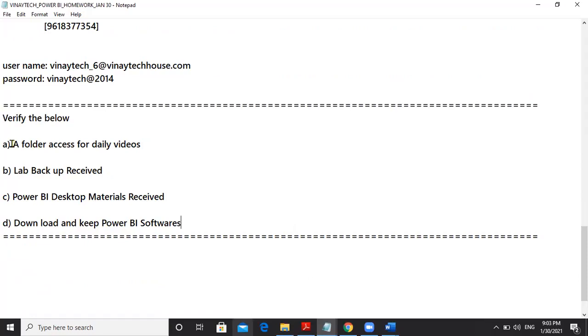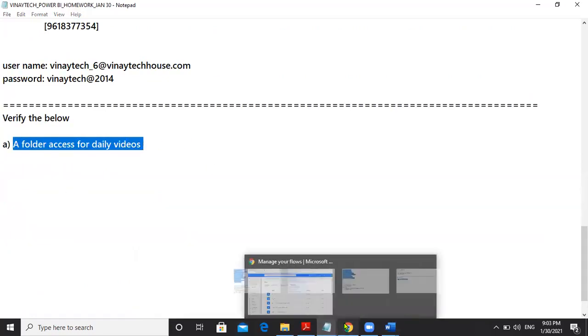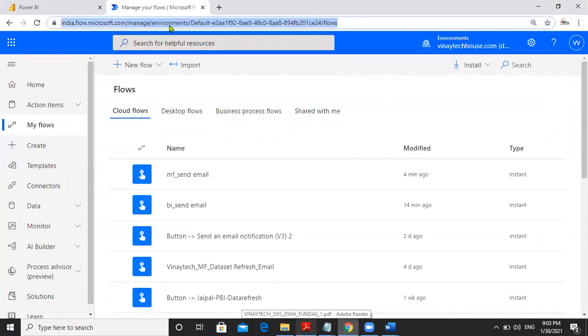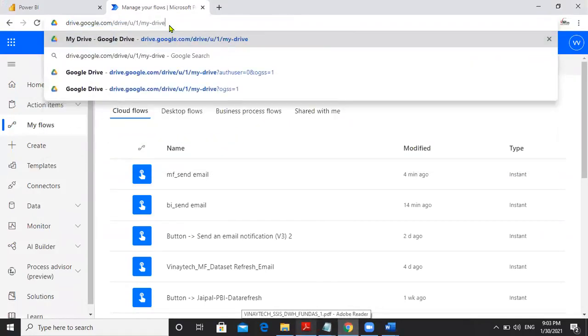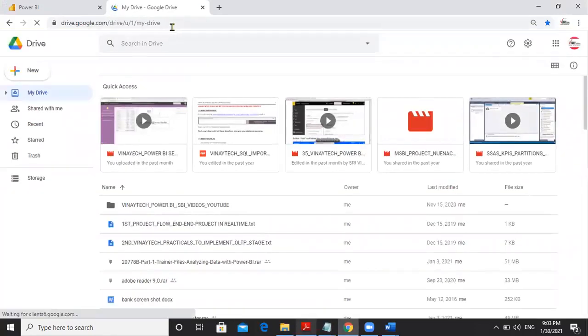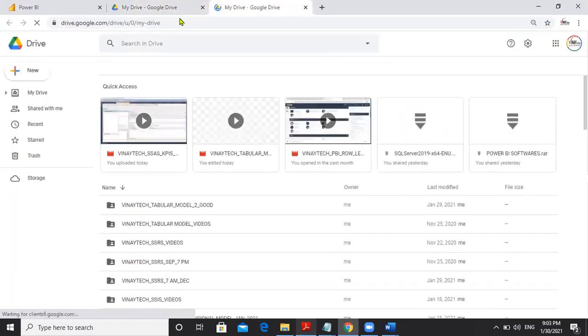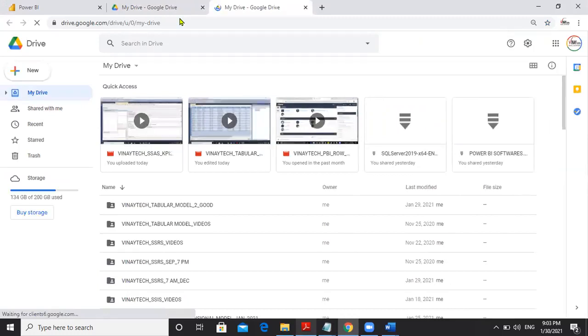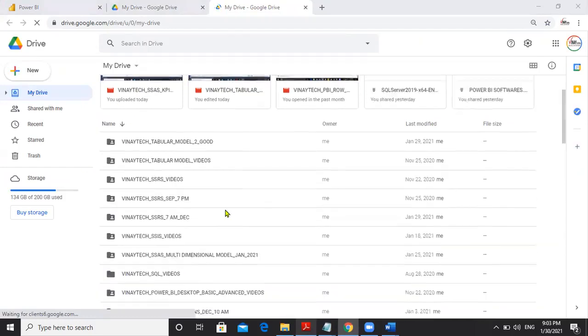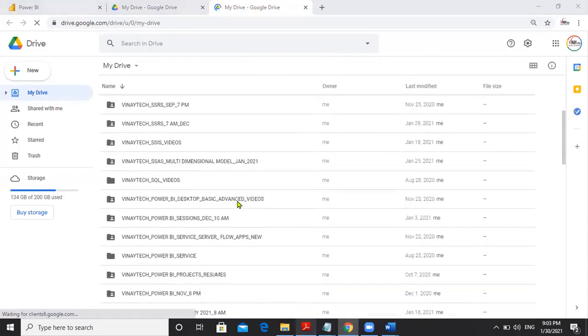Could you guys confirm? A, folder access for daily videos. You will receive all the videos in Google Drive. Guys, I created a folder yesterday.